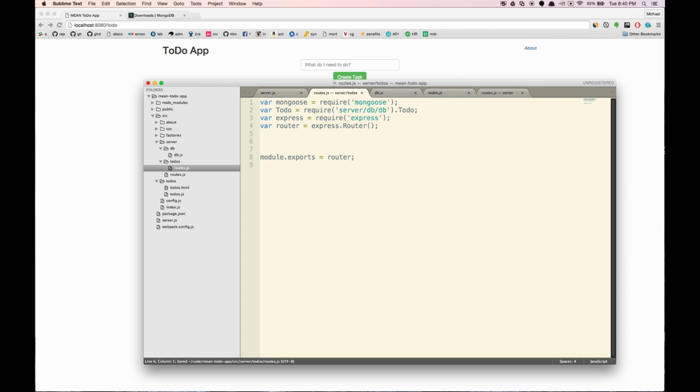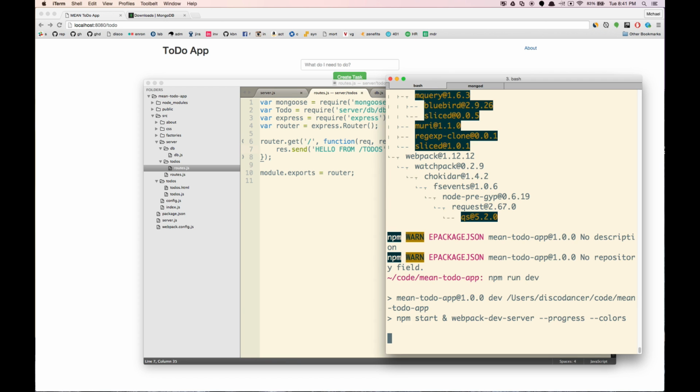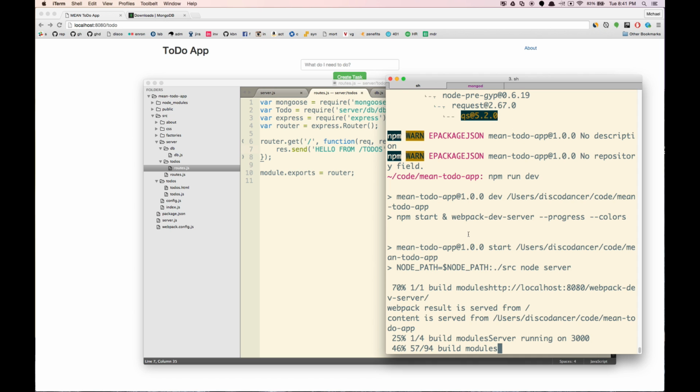Right now, let's just define one route. Let's do router.get. So when we go to to-dos with nothing after it, let's respond with something really simple, just to test it out first. When we go to /to-dos, let's just do response.send, and we'll send hello from /to-dos. Let's test that out by rerunning our server here and just make sure we don't have any syntax errors. So npm run dev. It's building,